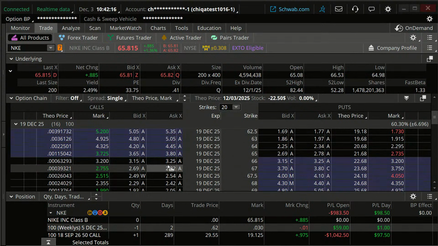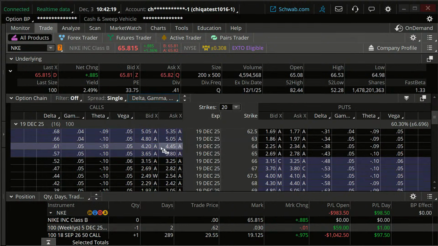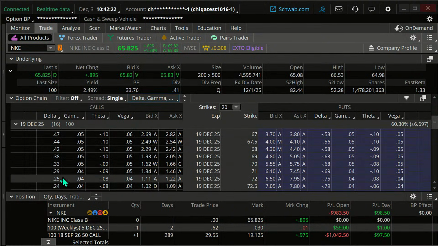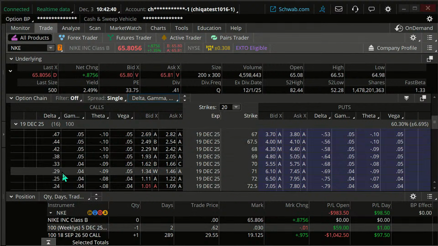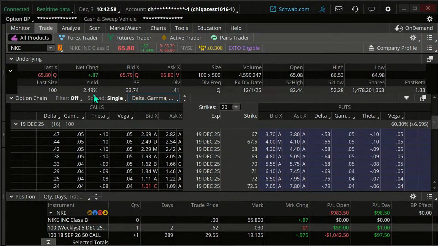I'm looking to sell this out. I'm going to go, just as a marker, to a delta of about 25 to 30, somewhere in here. I'll just do the 25 delta. We're going to roll this to a 72 December 19th contract. That's going to bring in about $100 or so. So 72 December 19th. Now, delta tells us how much the option is going to move in relationship to a $1 move in the stock price, but it also gives us an idea of probability. It can give us a ballpark figure that there's about a 25% chance this is going to be in the money at expiration. 72 December 19.